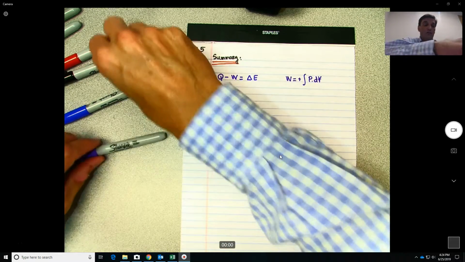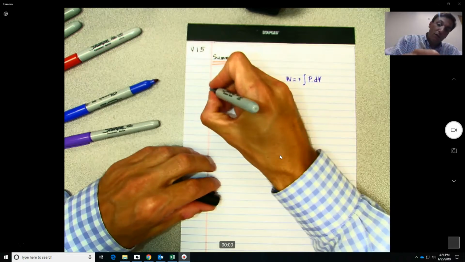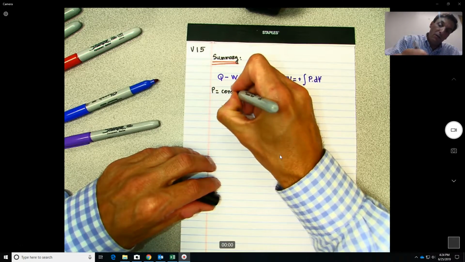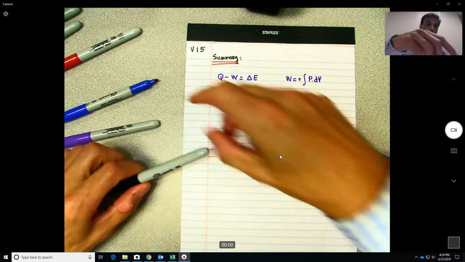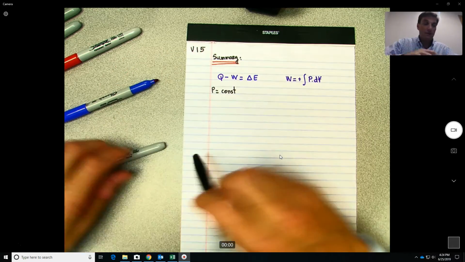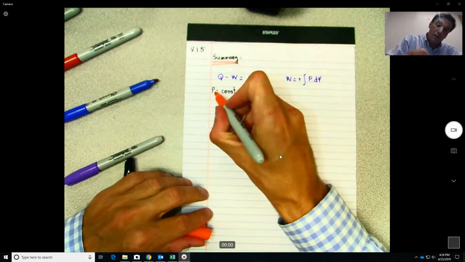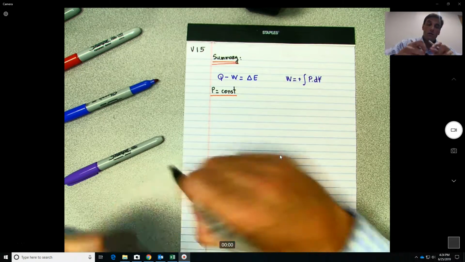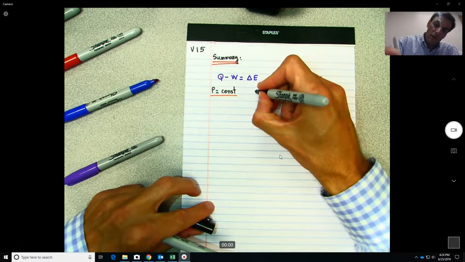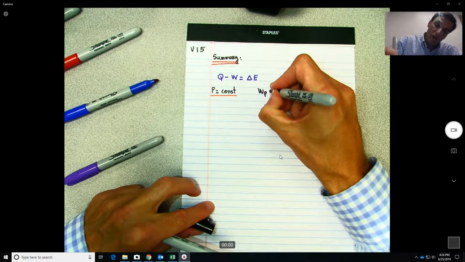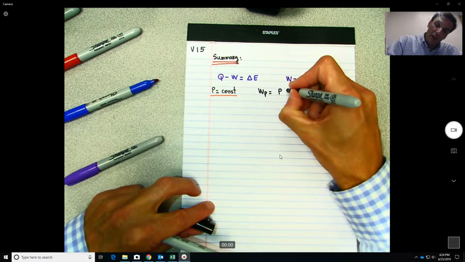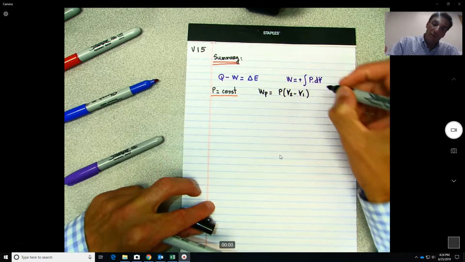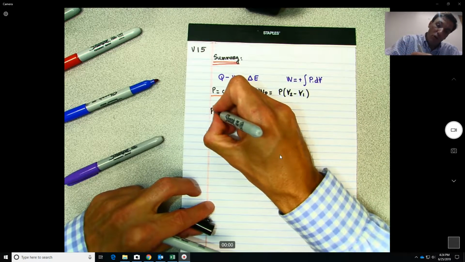Using that definition, the definition of the work done for constant pressure would be equal to P (V2 minus V1). For the polytropic process,